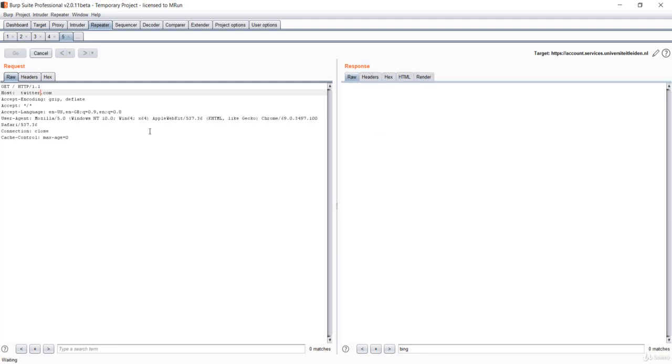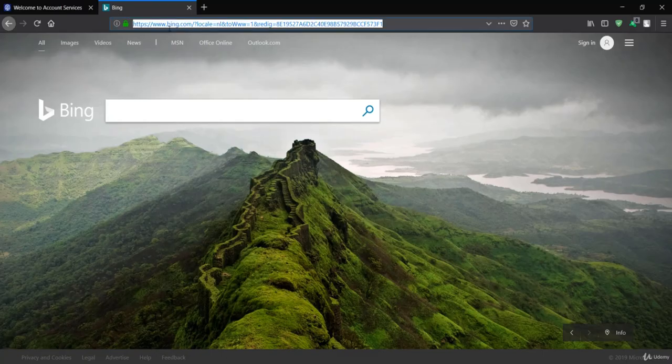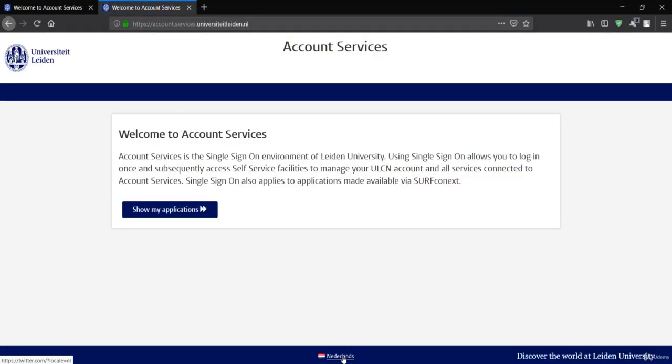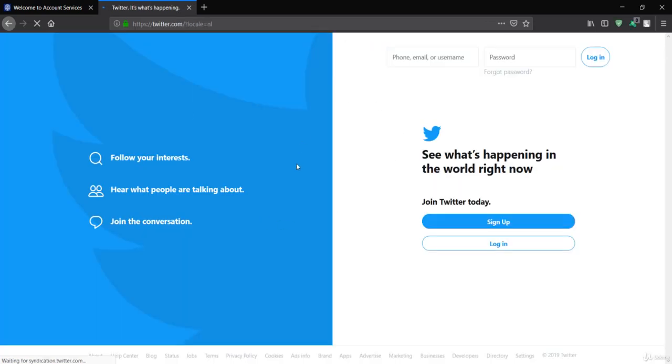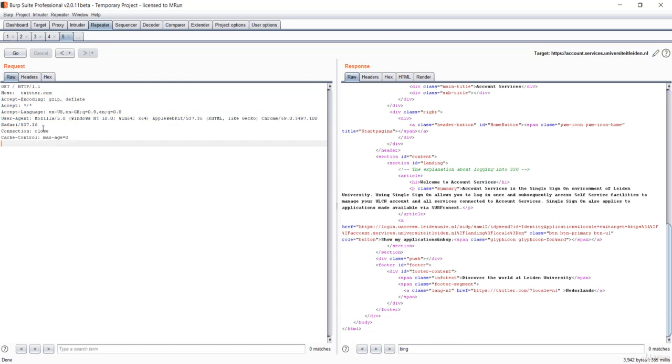So let me just press go again. Let me see the response in the browser. Let me just paste and go over here. It will be on the same website, but in this Netherlands it will be twitter.com. So when I press it, it should redirect you to twitter.com. So this has a host header injection attack, but this has something that is web cache poisoning. That means you are just injecting an open URL redirection into some element of the HTML. So it is inside the anchor tag, which has the name Netherlands.